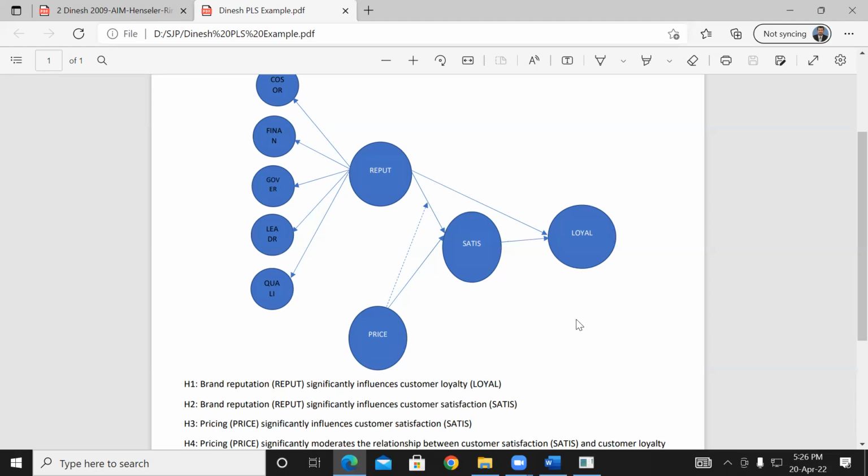If you read Baron and Kenny, I don't know whether you have read it. Baron and Kenny's argument for mediation and moderation, you can read that 1986 article. For a moderation, there are several requirements. One is that between the independent and dependent variable there should be a relationship based on the literature. You should be able to argue that, and here that is there. Then the other thing is, it is not necessary for the independent variable to have any relationship with the moderating variable. It is not necessary. Then the other thing is